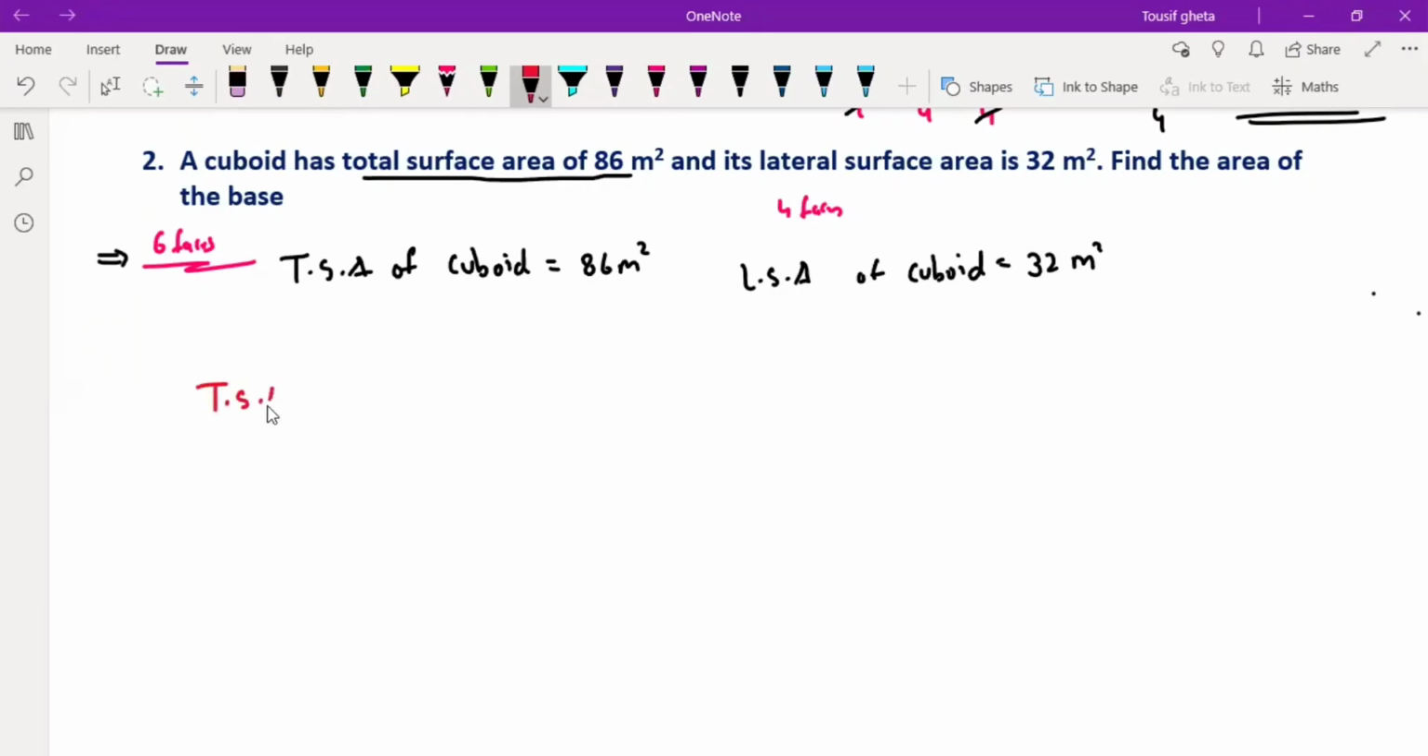Total surface area of a cuboid is equal to... Total surface area is a formula used to find out the 6 walls, or you can say 6 faces, right? And left hand side is equal to right hand side. So if we are finding the area of 6 walls, which we kept as the total surface area on the left hand side, then on the right hand side also we are going to use a formula to find out the area of 6 walls, that is 6 faces. Okay, that is the lateral surface area of